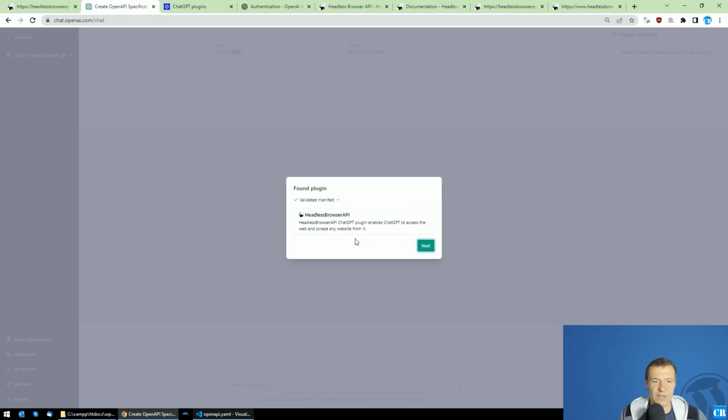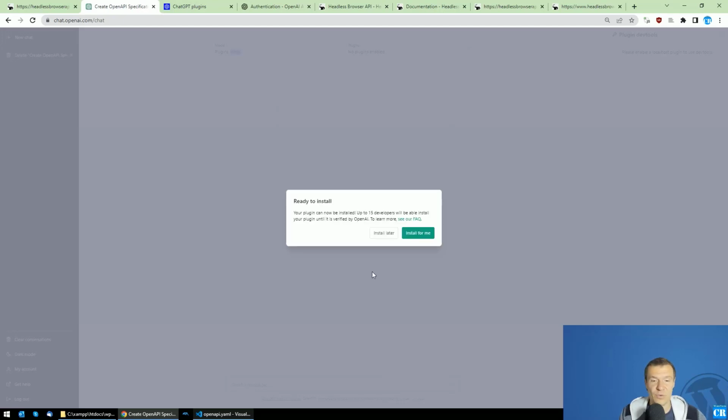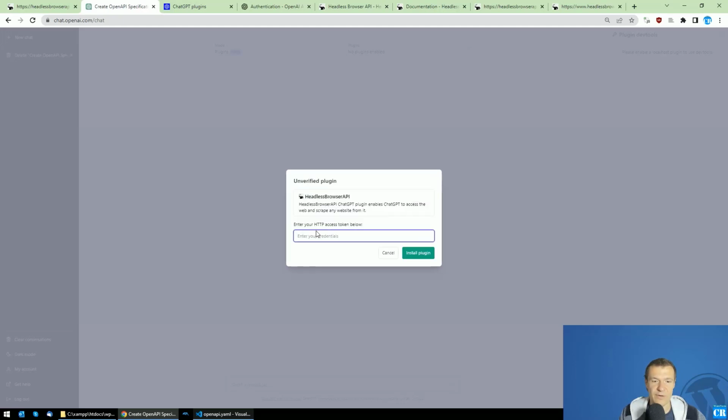If everything works well, and in this case things seem to have worked well from the first, the manifest file is here and working. The Headless Browser API is recognized with description, with full specs. So far so good, guys. Ready to install. Install for me, unverified plugin, continue, and you will see that